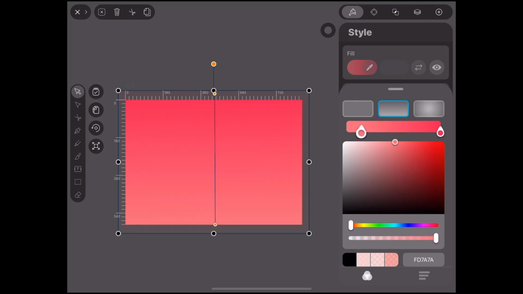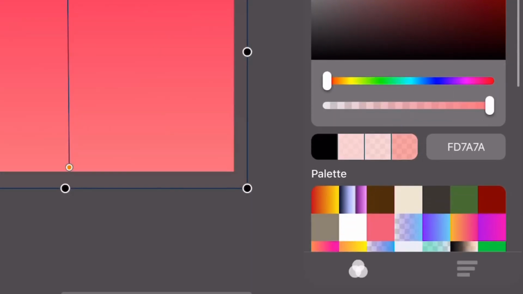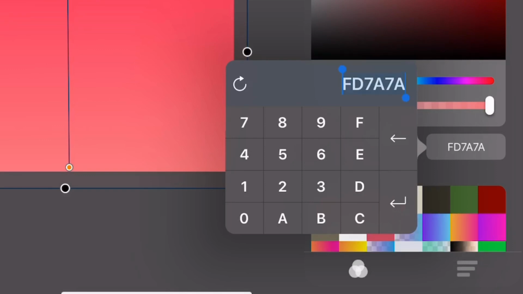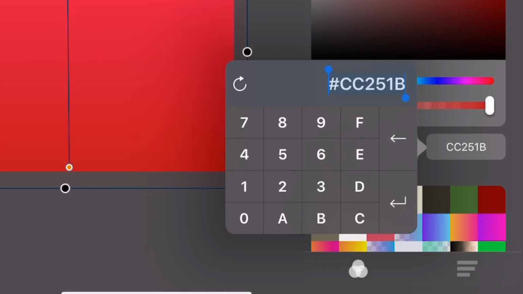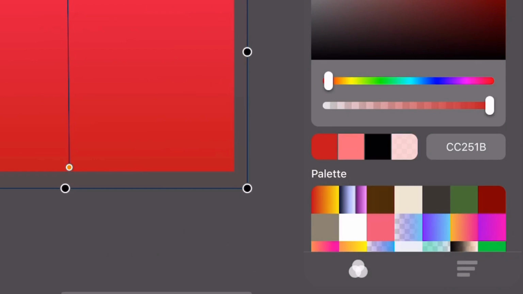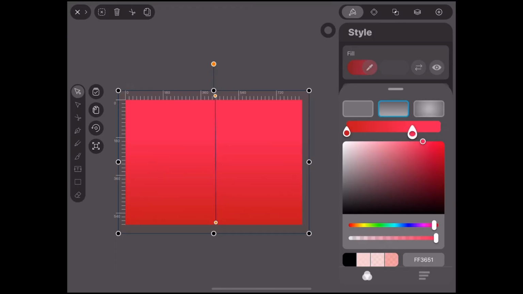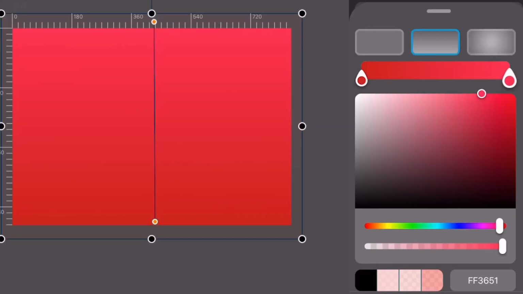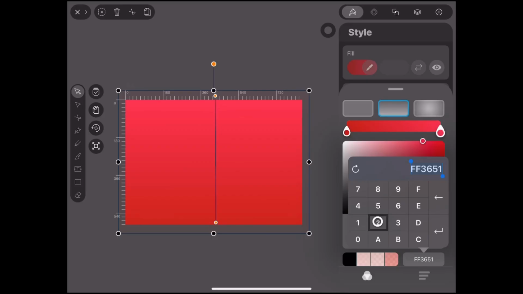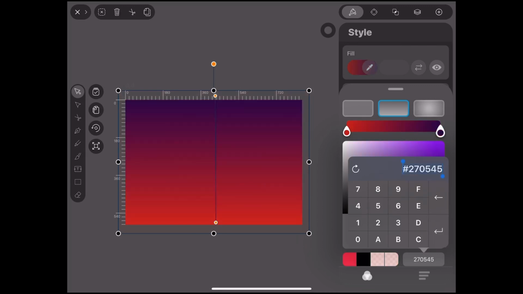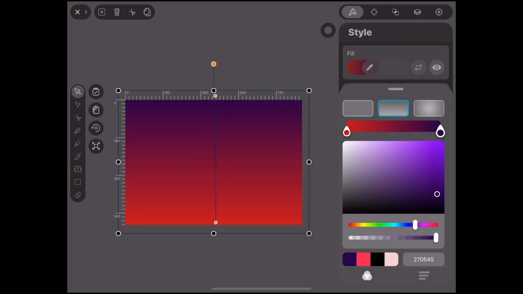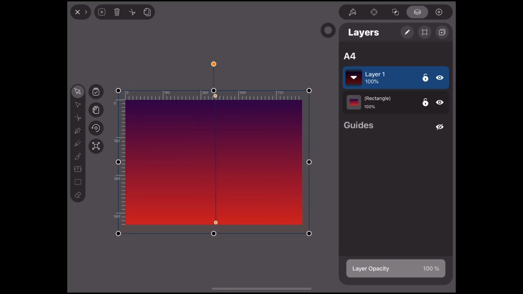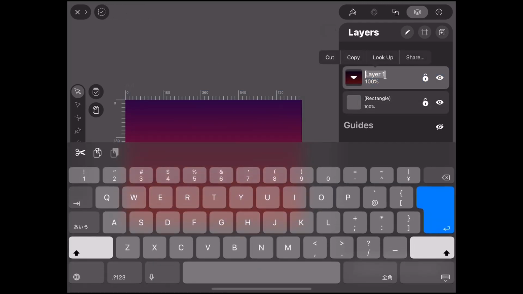Now we set the bottom color. I want you to key in this code. So the code is this, CC251B. Enter. Alright, so next we're going to change this one, the top color over here. Okay, this one. We're going to change the color to 70545. Alright, so now that we've done that, tap on your layers panel and double click this and type in